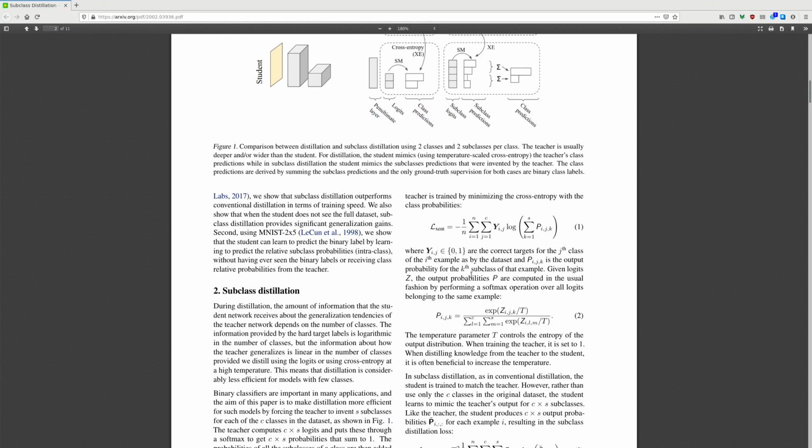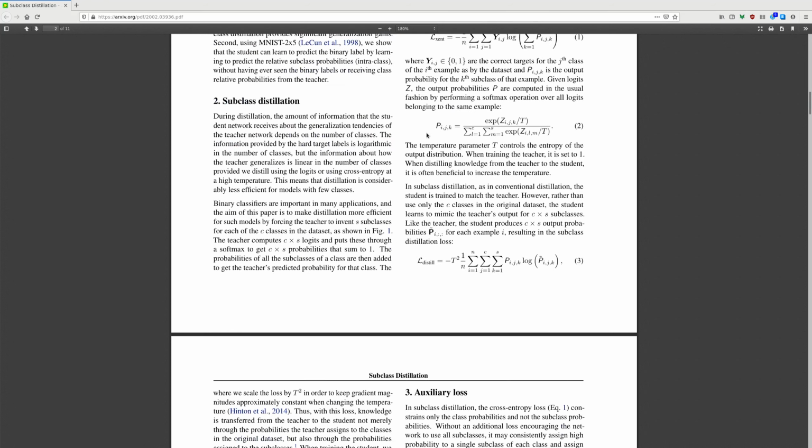Given the logits, the output probabilities P are computed in the usual fashion by performing a softmax operation over all logits belonging to the same example. The temperature parameter T controls the entropy of the output distribution. When training the teacher, it is set to 1. When distilling the knowledge from teacher to student, it is often beneficial to increase the temperature. In subclass distillation, it is